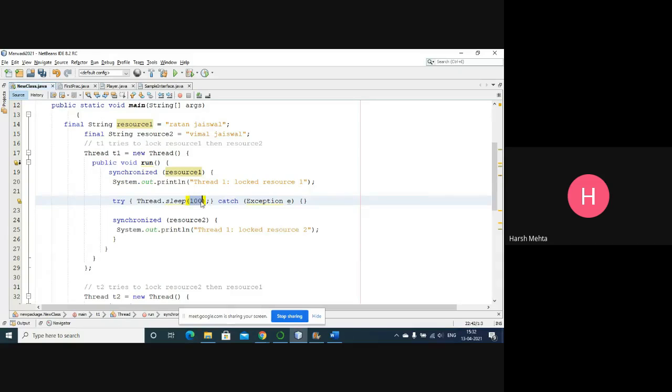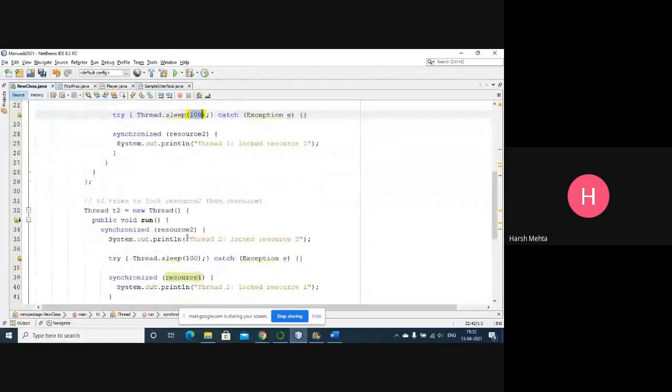And you see that thread 1's lock on resource 1 has not been released. As soon as it puts a lock on resource 1, our scheduler will seek another thread. Which thread is there? Yeah, thread T2 is there.